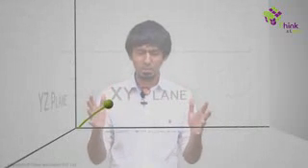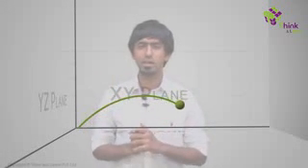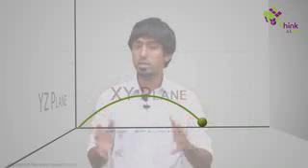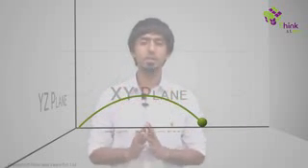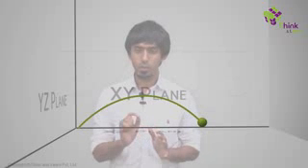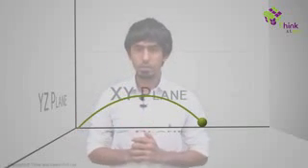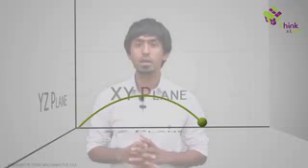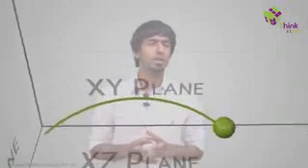Now, I was thinking about what would be the easiest way to explain this or visualize this, right? Because I know we have to visualize it as two separate components. But how do we do this? Why are we so stuck up with this side view of a projectile? What other way can we look at the same thing? What would happen if instead of this view, we were to fly up and look at the same ball being thrown from the top?